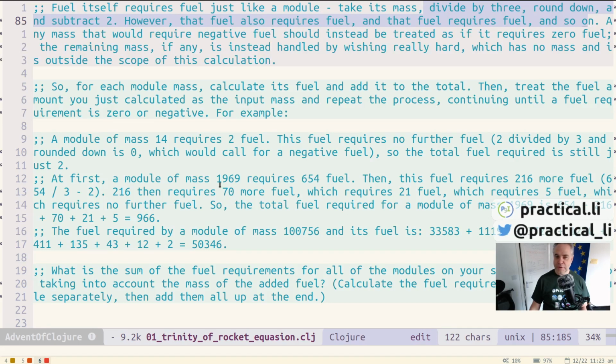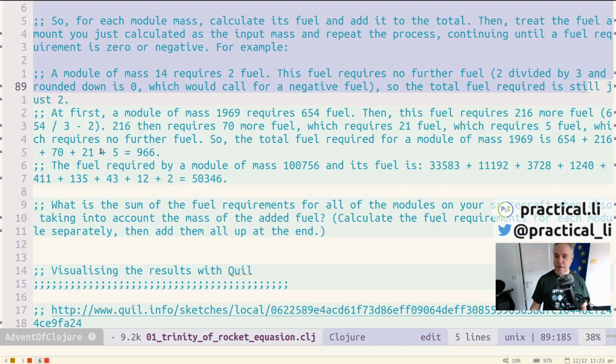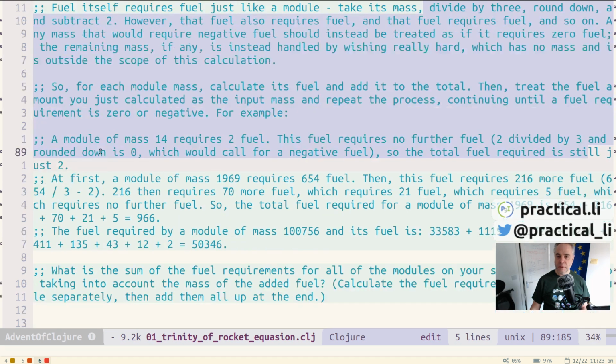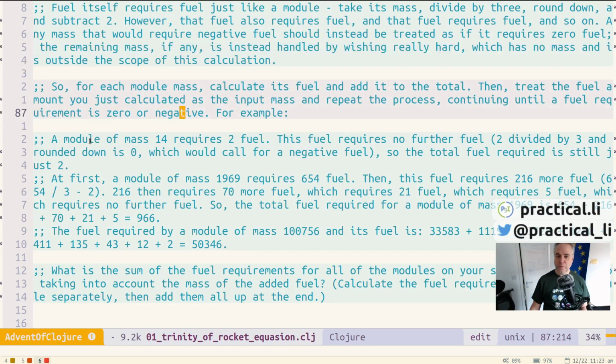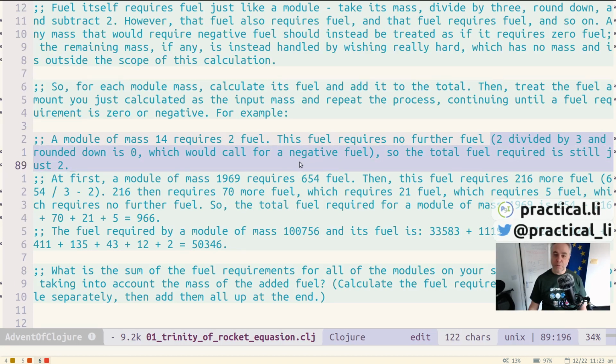So again, there are some more examples here. Where are we? There we go. So if we've got a module mass of 14, it requires 2 fuel. And the fuel itself doesn't require any fuel, because if we divide 2 by 3, then it's less than 0 after we take away 2, so it would be negative fuel. We don't want to take off fuel, although I did actually manage to do that in my code at one point